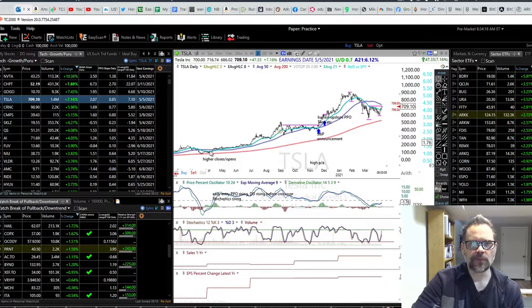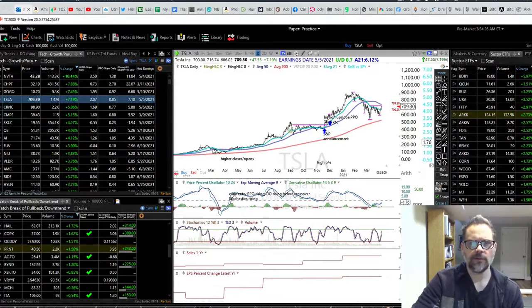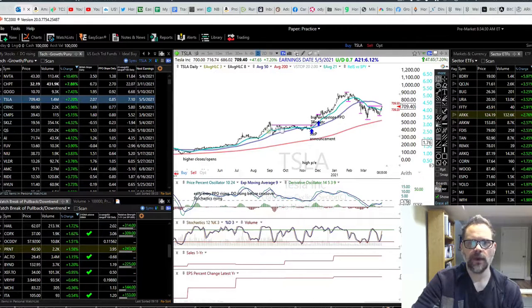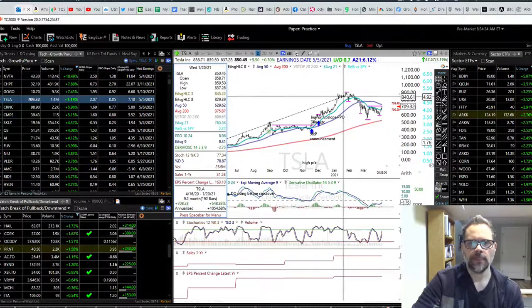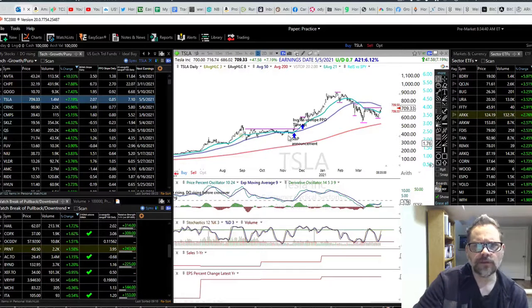But that's another one where if you're riding this, there's different ways to go. You can stay above the 200 this whole time. If you're looking at 50, there'd be a couple of sells and repurchases. But then you have this 21 staying above the 50 this whole time, for a huge multi-X, 6, 7X run. So the only thing there might have been,